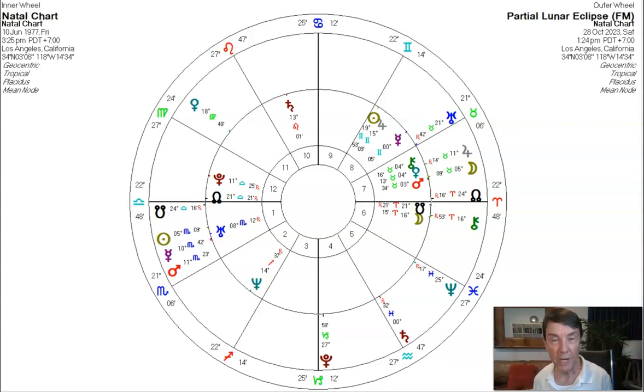There's Chiron. Chiron is saying to me that you have a wound here. You have a wound around feeling safe. You have a wound around security and self-worth and self-value, particularly with other people. And you need to be able to turn it around. You need to be able to, in your own way, find a way of becoming the teacher and healer of this particular wound. So therefore, you can actually be there for people. You can be a helper for people. You can be a guider for people.